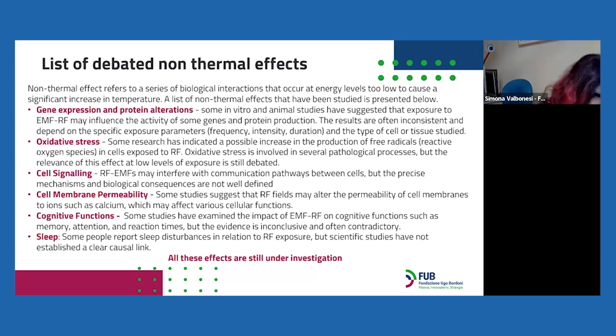Some people report sleep disturbances in relation to radiofrequency exposure. In this case, scientists have not established a clear causal link. There is a known effect on the waves produced by the brain during sleep, in the 10 hertz frequency range, which are affected by the exposure